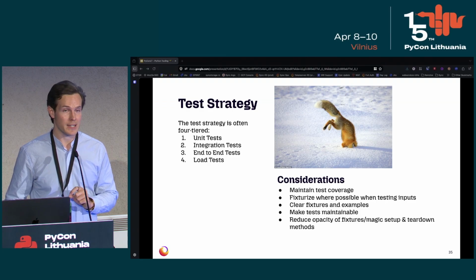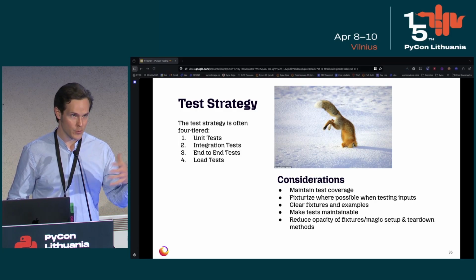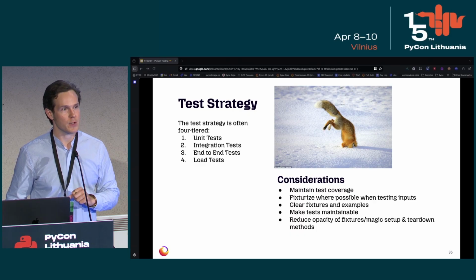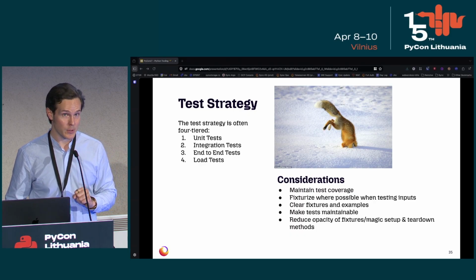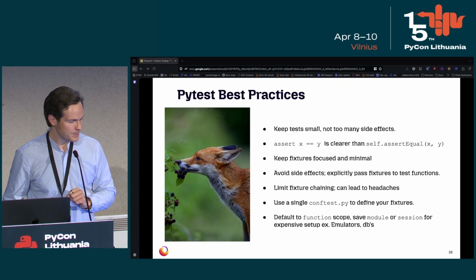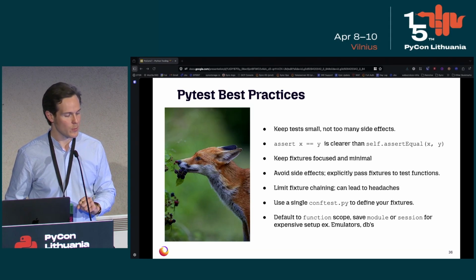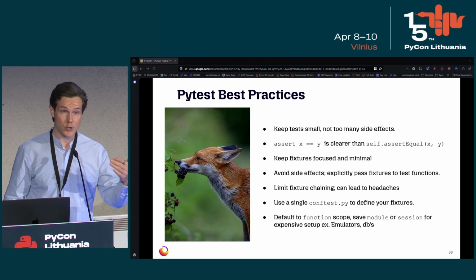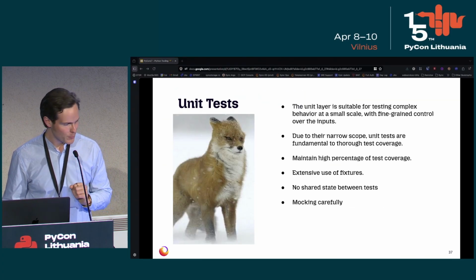Fixturization is incredibly important. I do see a lot of Python repos still these days using the old unit test library as opposed to modern PyTest, and they're very often class-based tests. So we've been doing some work ourselves to modernize some of those, but there are a lot of beneficial optimizations you're leaving on the table if you're not implementing PyTest. Again, there's a couple of best practices with the way that you write some of your assertions, the way you deal with fixture chaining and actually pulling fixtures into one another. But I'm running out of time here, so I'm going to move on a little bit more quickly.